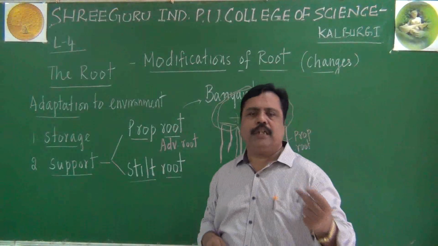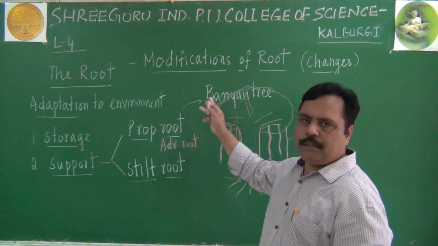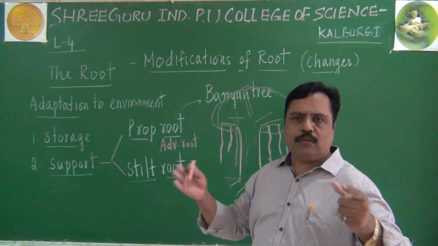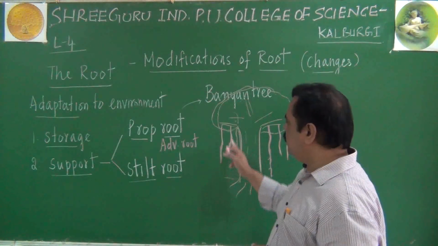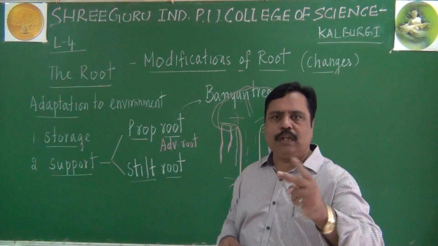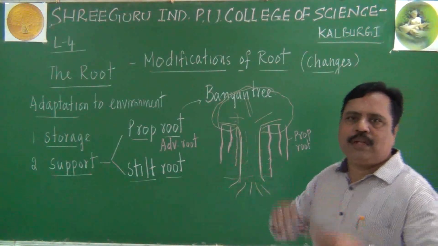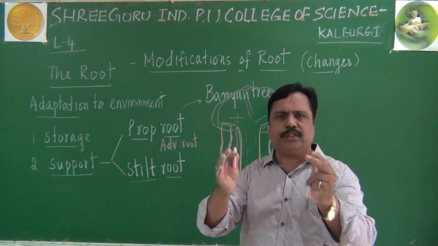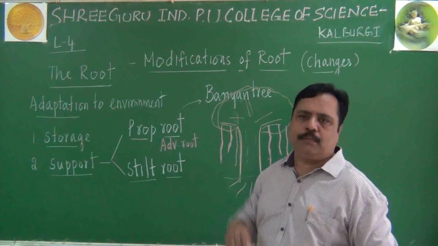In Chennai and in Calcutta and all, we could come across big banyan trees which are living for thousands of years. It will become a mini forest actually. Such a big tree, when it is growing prop roots, after a few years, we could not distinguish which is the main stem and which is the prop root. To such an extent, the prop root will become very strong and very long, they will help for support and absorption.